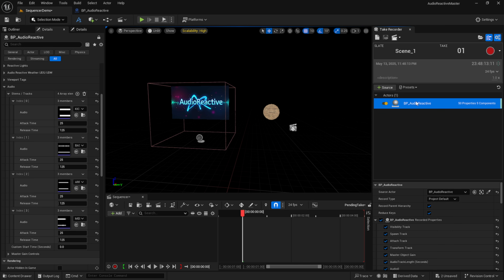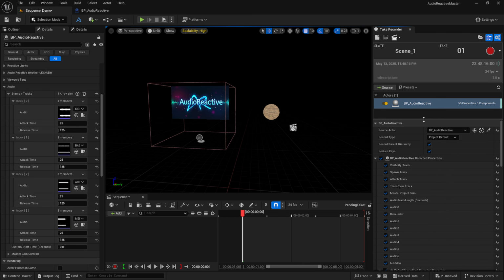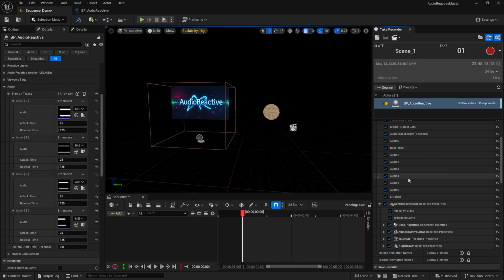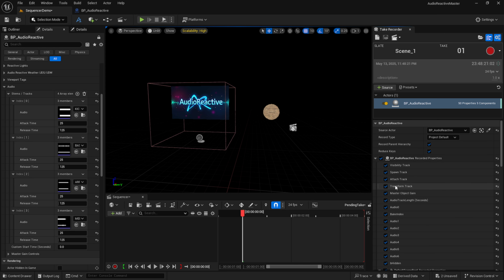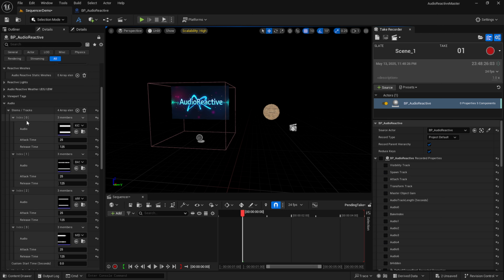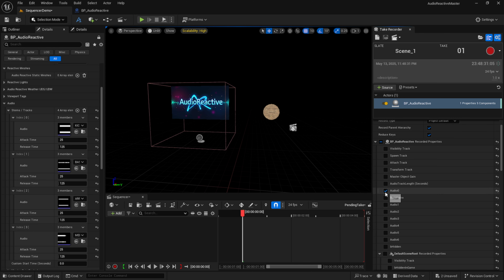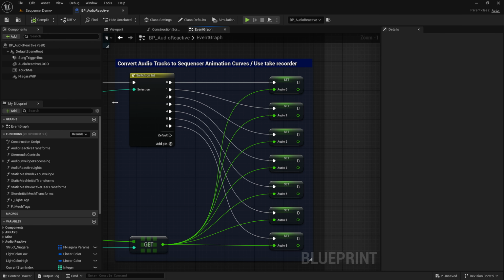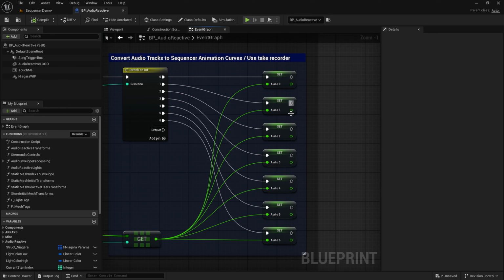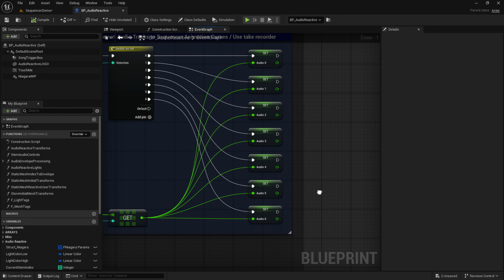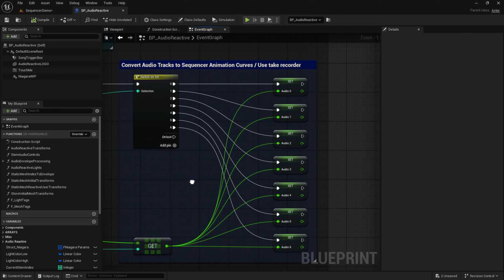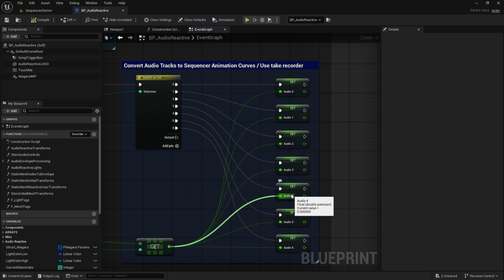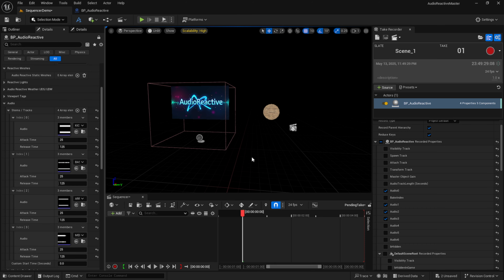And once we select the blueprint itself, we get all the available recording options. And we just want a few of these audio tracks, so we are going to uncheck the master. And since we are using tracks 0, 1, 2, and 3, I have exposed variables 0, 1, 2, and 3. So these are the hard-coded variables at the moment. It gives us a total of 7 potential audio stems that you can record and turn these basically into animation keys over in Sequencer. So let's see that in action.